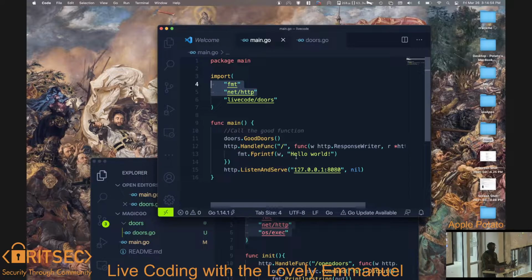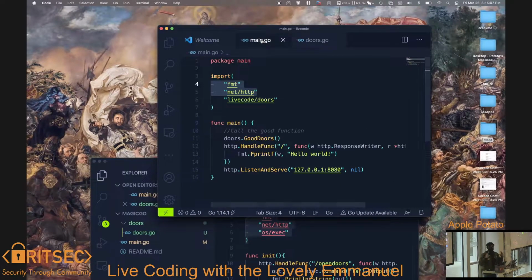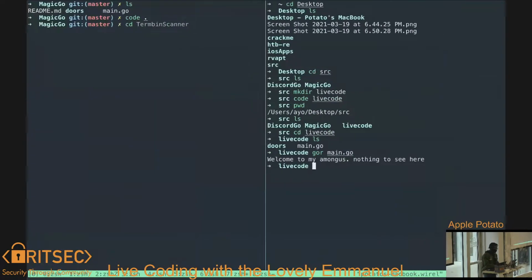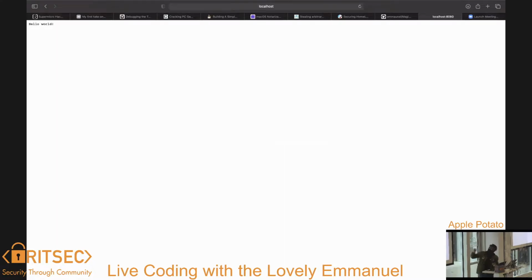Nothing malicious about that. Let's imagine we really have 1,000 lines of code, and for some reason you put your init function in the middle, where someone would probably just pass it. Innocent, the person doesn't know about this. If you run it, it's a web server, listening for whatever traffic. If you go to localhost, it's working as expected. Nice small web server. It just says hello. But I hope there's nothing malicious on this site.